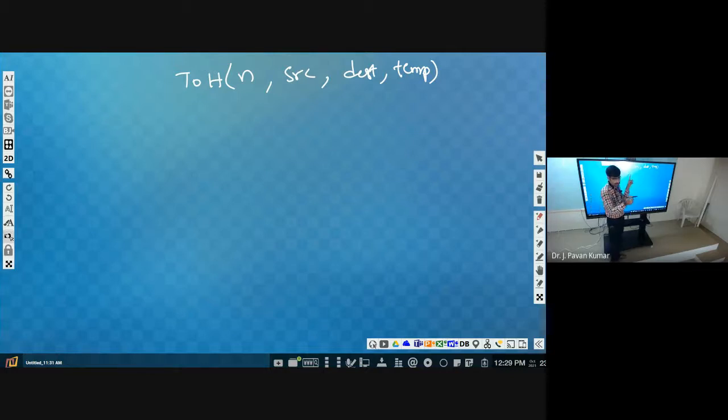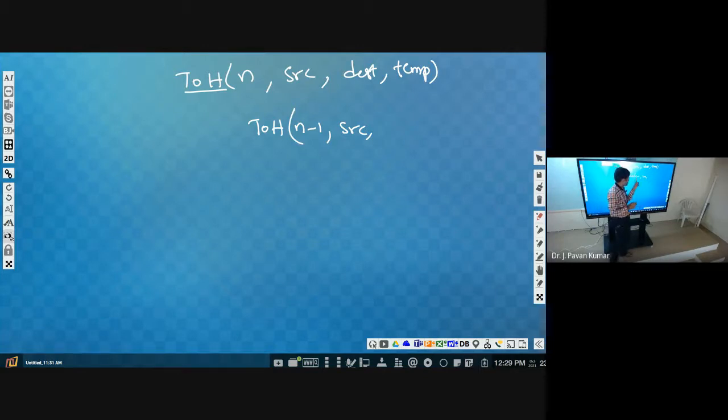Now to solve this one, what is the first step? N minus 1. That subproblem is of the same kind, right? This problem type is TOH, so we need to call the same TOH. Then only it will be recursion. So TOH of how many disks? N minus 1 boxes. Try to understand this important point. N minus 1 boxes we are moving from source, to destination as the second one. Source, destination, temporary: in this sequence we have to give for all the calls.